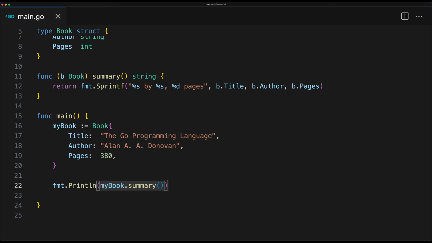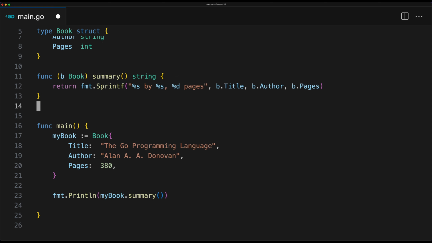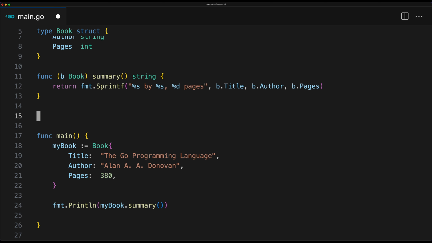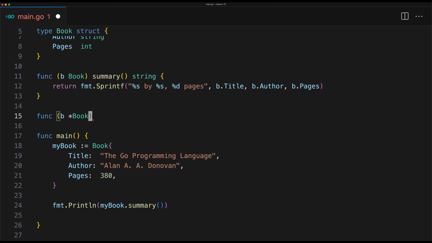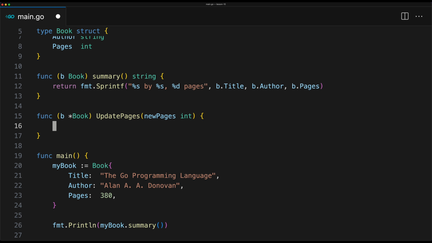A pointer is a reference to the memory address of the value it points to. If you don't use a pointer receiver, the method will only modify a copy of the struct and not the original. So we can add a new method here, and we say func (b *Book). So this star means it's a pointer receiver, and we can call the method UpdatePages, and as argument, we say newPages int. If newPages is bigger than 0,